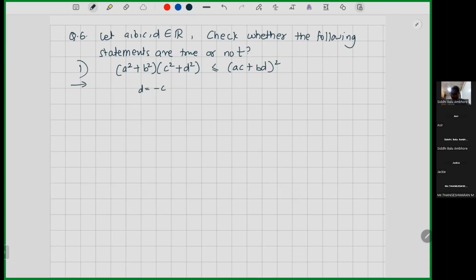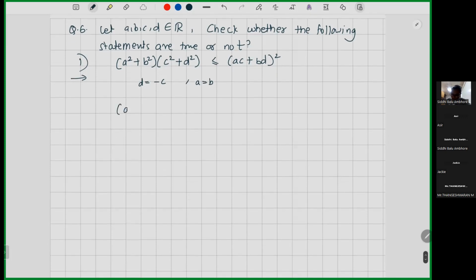And I can take A equal to B. Okay, A is equal to B. Then this will become 2A square, right? This becomes 2C square, right? But this is what? This becomes 0. Minus A plus A square, which is 0. This becomes 4A square C square less than or equal to 0, which does not hold